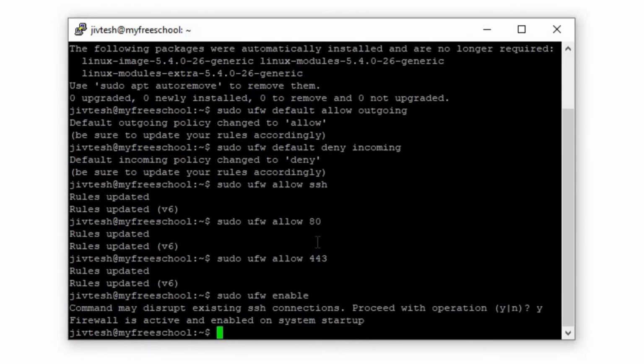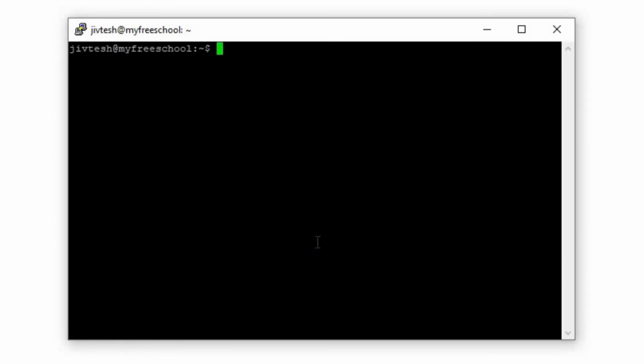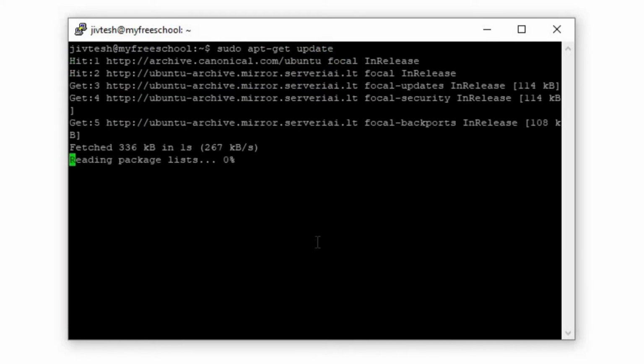So now we have locked down our server, we have created a user, locked down root and everything. So I think our server is good now. The only thing left is to install Docker. So let's quickly update, and after the update I'm going to run a few commands to install Docker. So it is sudo apt-get -y, again to give yes for any questions, install